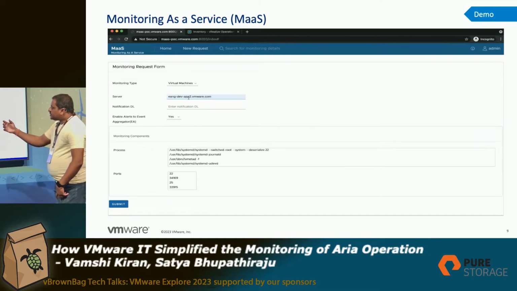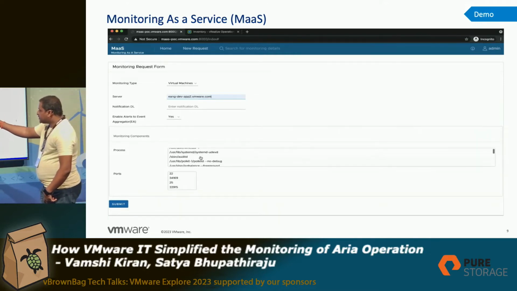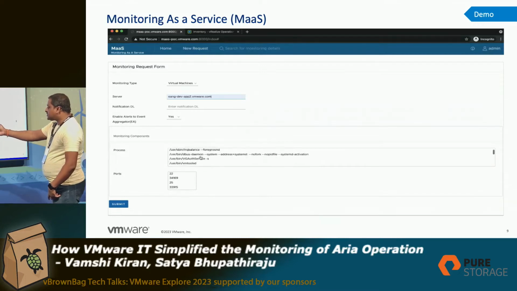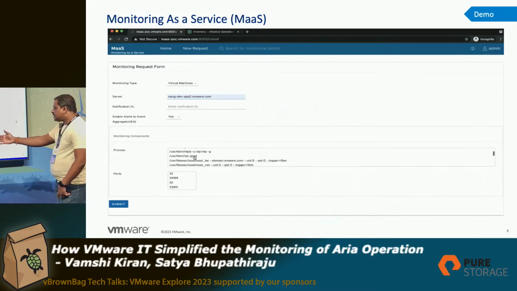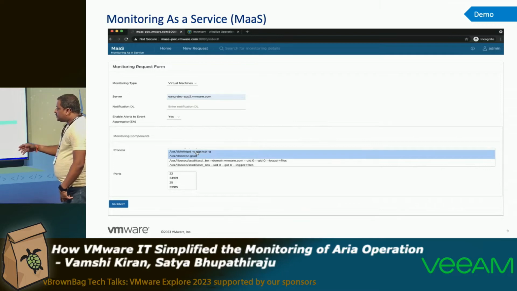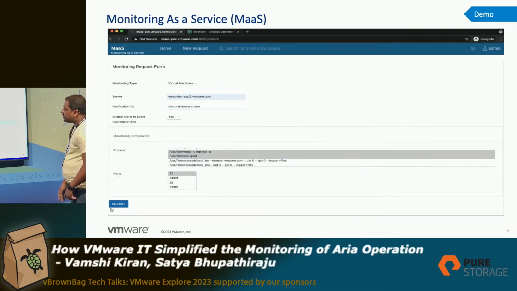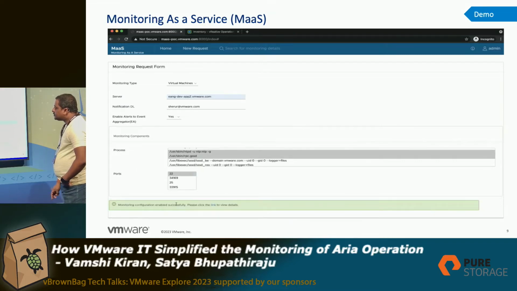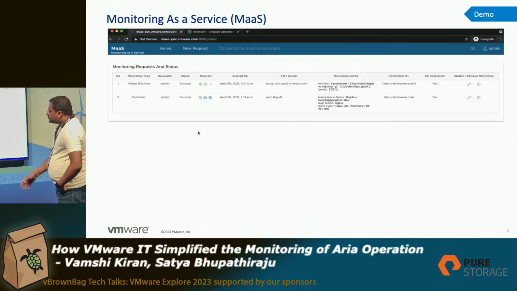So for example, this VM has all these processes and ports, which are auto-discovered. You select them and go to the next slide, where it will automatically configure these process ports in ARIA Operations vROps. So your process ports, everything was configured.